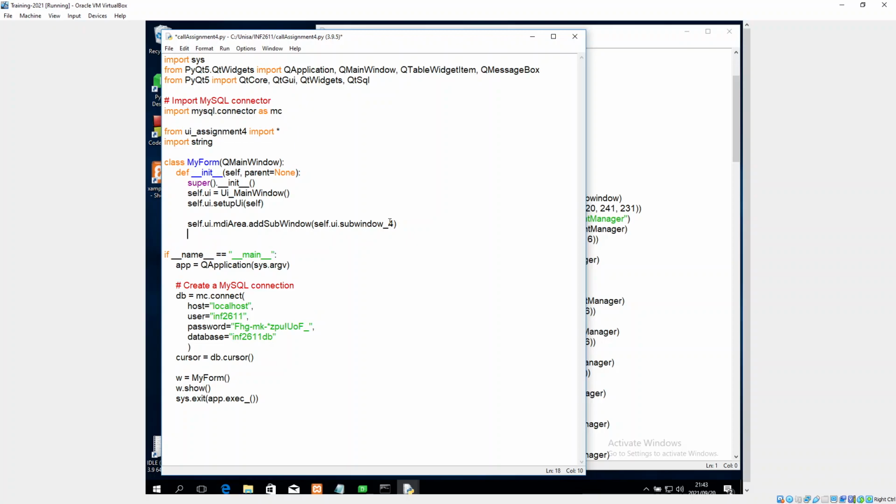Alright. Okay, I've already set the title of the application, but what I did was I renamed it just so that they don't know they're in the actual program. So I've got it as self.ui.subwindow 4, and I said set window title, and I said tourism login screen. Okay,